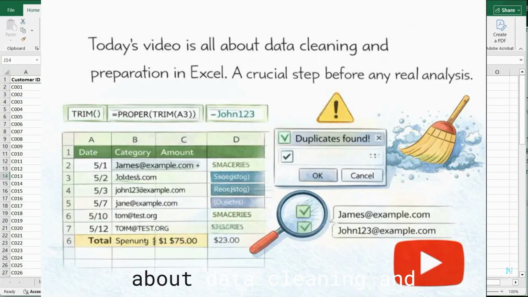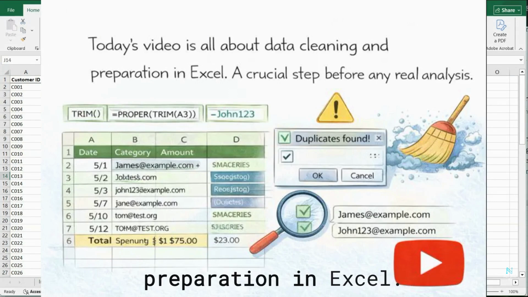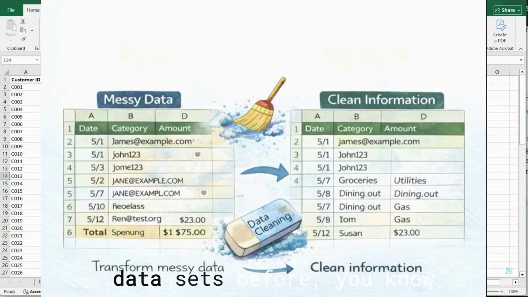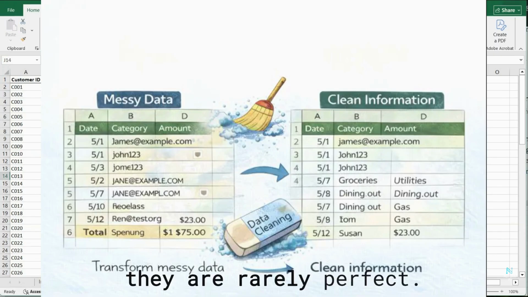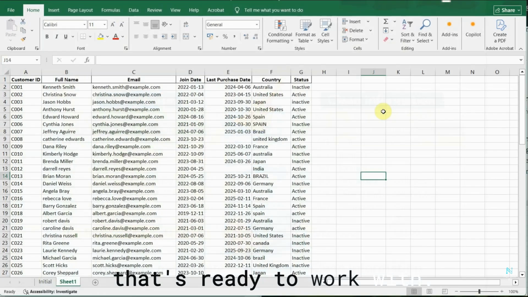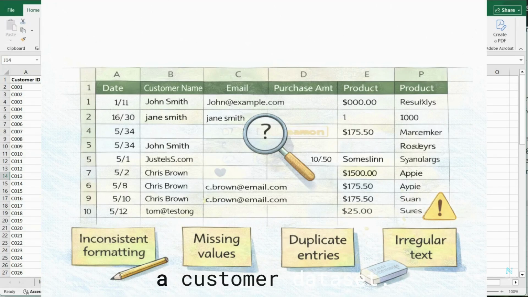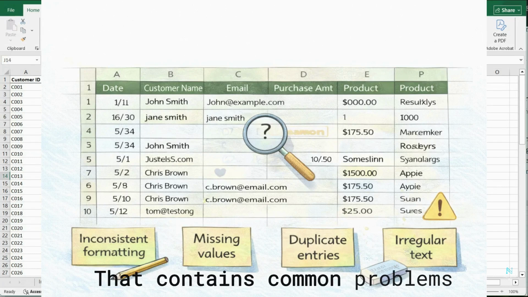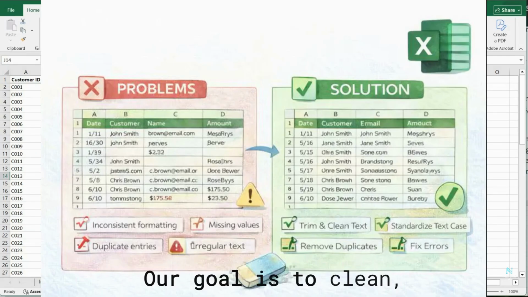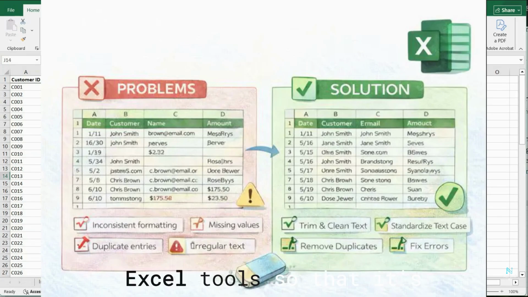Today's video is all about data cleaning and preparation in Excel, a crucial step before any real analysis. If you have worked with real datasets before, you know they are rarely perfect. So, in this session, we will learn how to transform messy data into clean information that's ready to work with. Today, we will work with a messy customer dataset that contains common problems like inconsistent formatting, missing values, duplicate entries, and irregular text. Our goal is to clean, standardize, and prepare this data using essential Excel tools so that it's